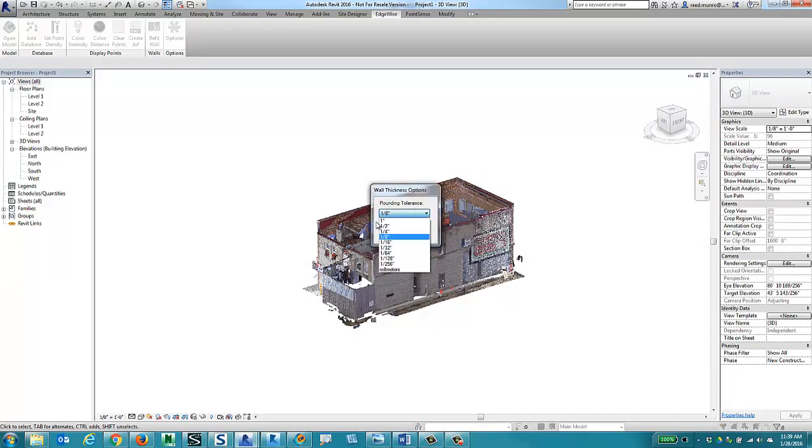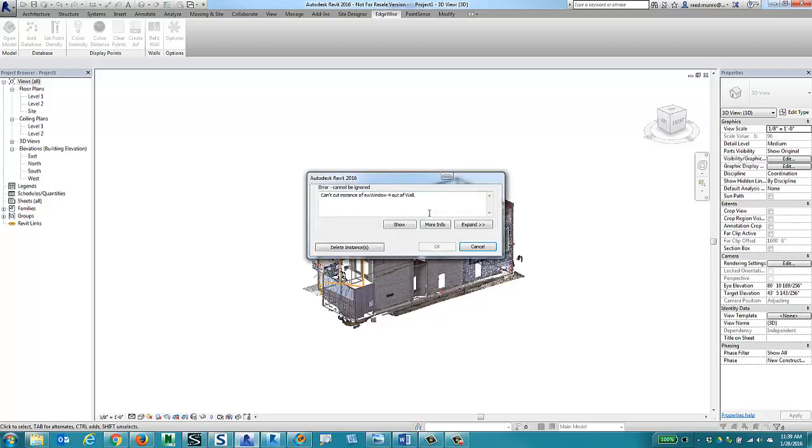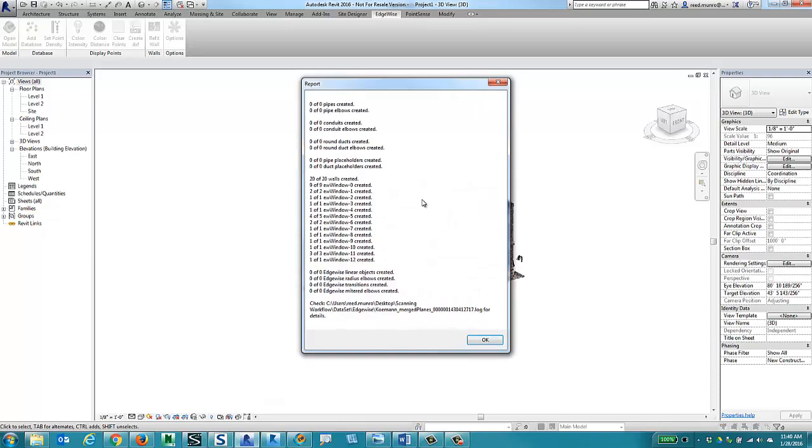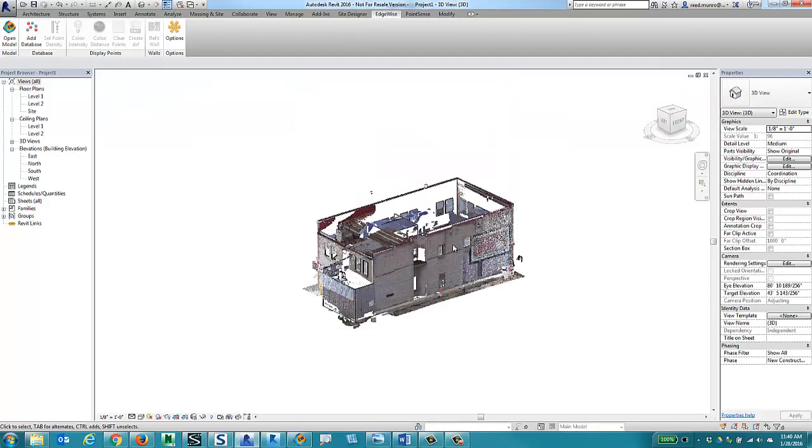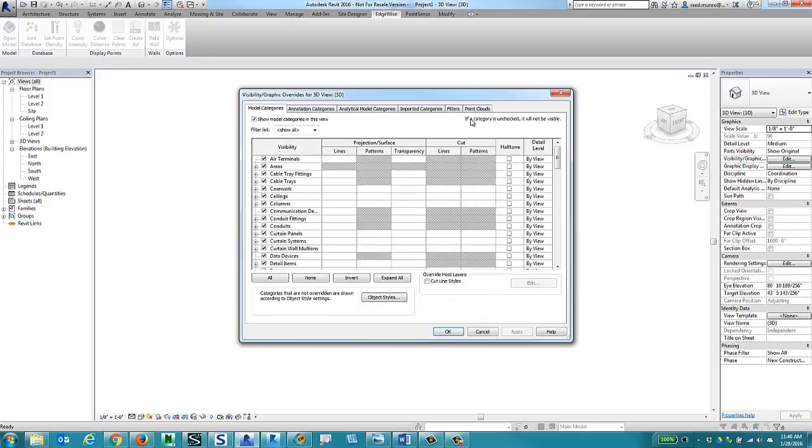And it's asking us what it wants to round the joins of the walls to. At what distance do they have to be before they will join? So 1/16 of an inch is fine. Revit has problems trying to join some of the joins and conflicts, but you can go in afterwards and just clean up that information. It gives us a report, tells me that it's created windows, created walls, all this stuff, and it tells you what it is that's located in the log if you ever need to go back and look at it. So if I go into Revit here and I turn off the point cloud,